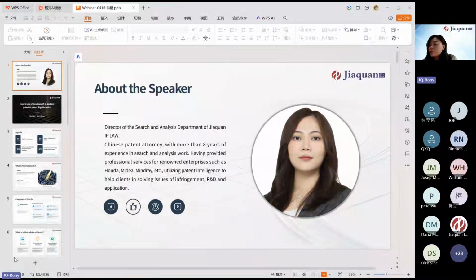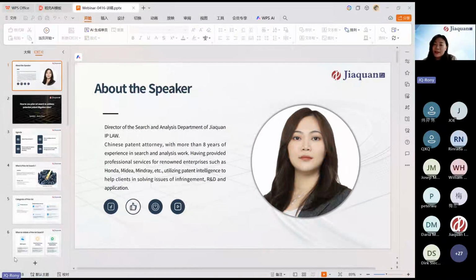For example, before filing a patent application, a thorough prior art search can help determine if the technical solution has enough novelty and enough inventiveness. It provides decisive information on whether to proceed with the patent application. Additionally, by analyzing prior art, we can better focus on defining a reasonable scope of protection for the claim. We want the scope to be as broad as possible for better protection, but also avoid making it so broad